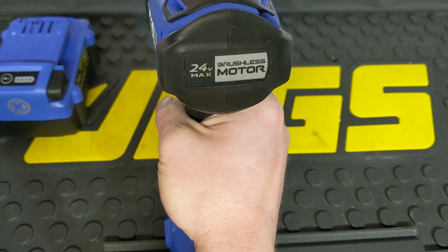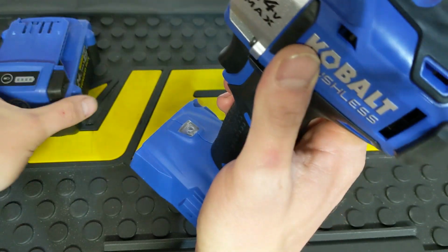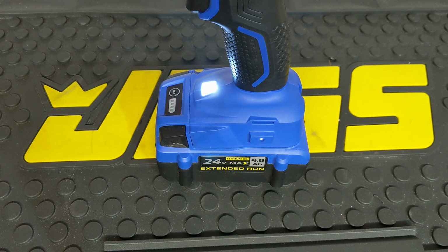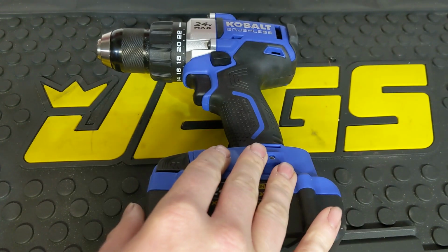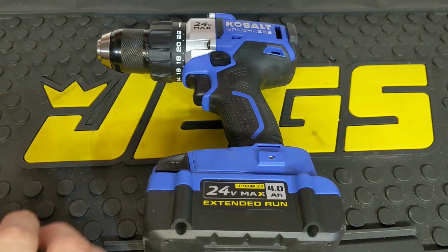anything like that. It does have a built-in light as well down here at the bottom where the battery attaches, and it has a 15-second light on it. So it has a 15-second delay before the light shuts off, which is always nice when working in dark areas. And then as far as the tool itself, it does have a 5-year limited tool warranty, and I want to say the batteries are 3-year. Don't quote me on